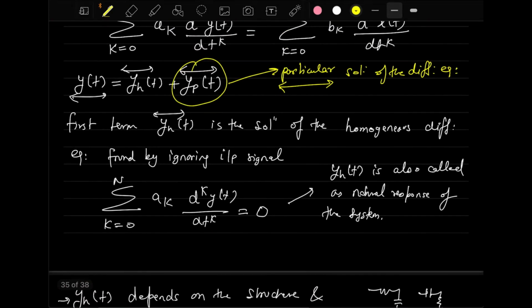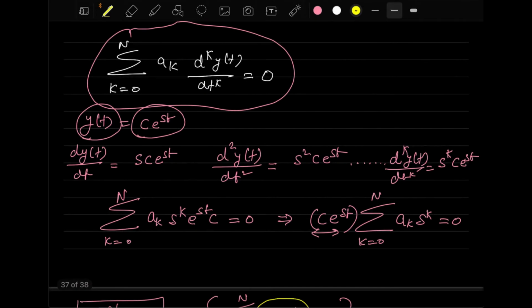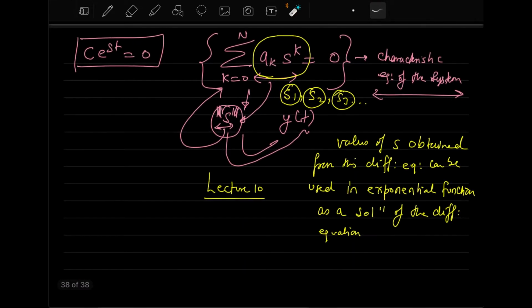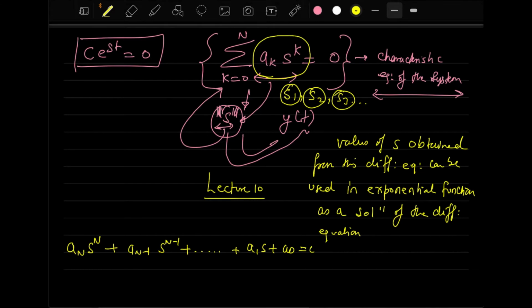What we were saying is, just a second, this one. So we can use these s here. So once we get various values of s, we can substitute it here to get the solution y(t). So if we represent this equation in a different format, what we can do is write like this: a_n s to the power n plus a_(n-1) s to the power n minus 1, and so on. We can represent this same equation in this format.